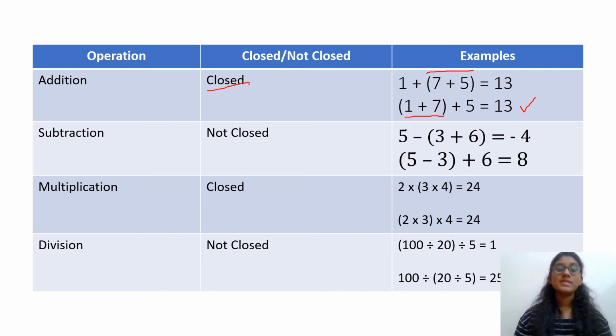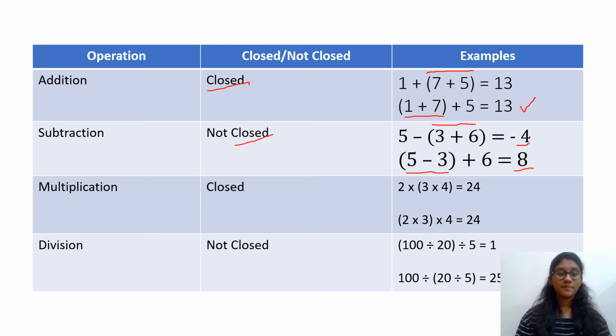Let us move on to the second operation, which is subtraction. Here you have 5 minus 3 plus 6, which are in parentheses. When you solve the left hand side of this equation, you get negative 4 as your answer. Now, when you subtract 5 minus 3 under the parentheses and then add a 6 to it, the final answer changes to 8. We know that negative 4 is not equal to 8. Therefore, subtraction is not closed under